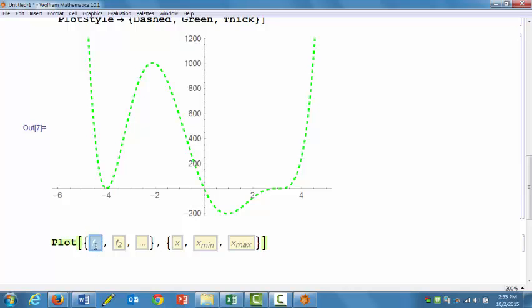And so, let's say, for instance, I wanted to enter, since we're working on the rational functions, let's say I wanted to enter the rational function 6x squared over,